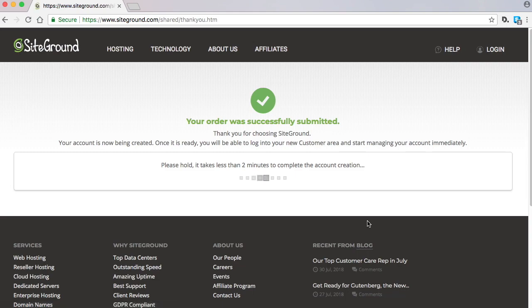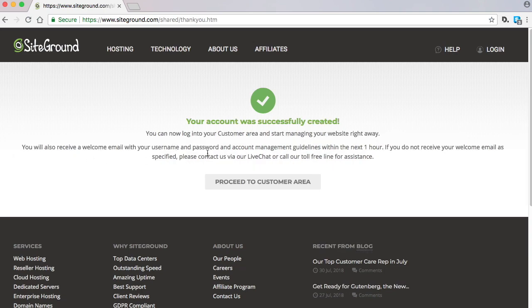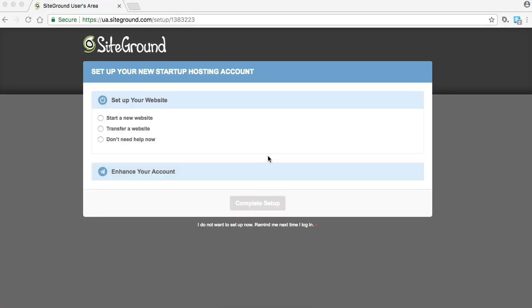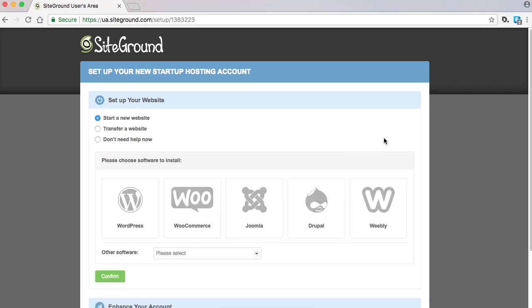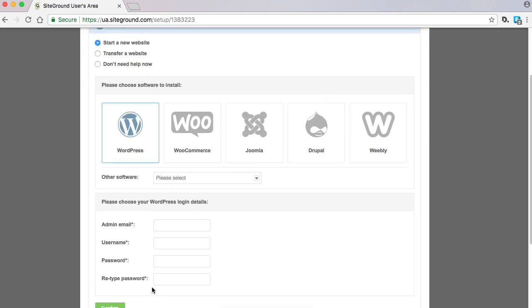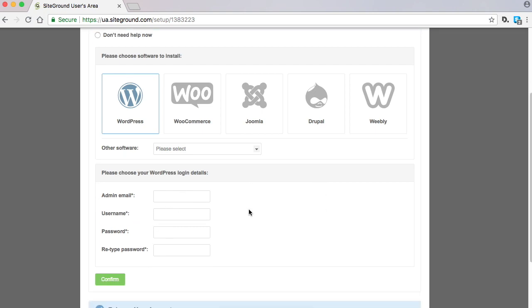And now it's going to create an account, and now it's going to send you to where we can install WordPress. So we'll proceed to the customer area, and I'll select Start a New Website, and I'll select WordPress. And now this is where you enter in your login information for your website. So make sure you save this login information because you'll need it to log into your WordPress site. The other login is for SiteGround, and that's where you get billing and stuff. This one is going to be for your website. So save both of those logins